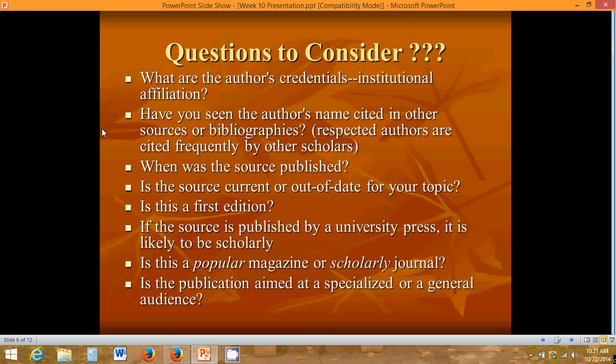So we're actually looking for scholarly work that has been researched, developed, and published based on scholarly material. And then, of course, is the publication aimed at a specialized or a general audience? This really can help you in terms of determining if it's going to be appropriate for your academic audience or for yourself. If it's a very specialized topic or publication,